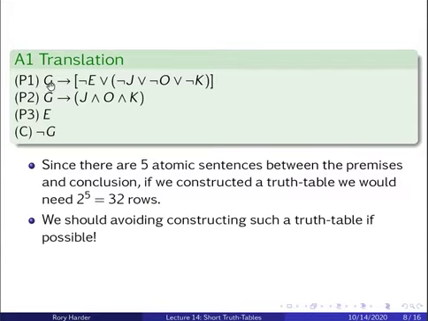So first, if G, then not E, or not J, or not O, or not K. So if God exists, then there is no evil in the world unless it's not the case that he's just, or it's not the case that he's omniscient, or it's not the case that he is omnipotent. Premise two, if God exists, then he is all of those three things. He is just, omnipotent, and omniscient. Now, premise three, we say there is evil in the world,